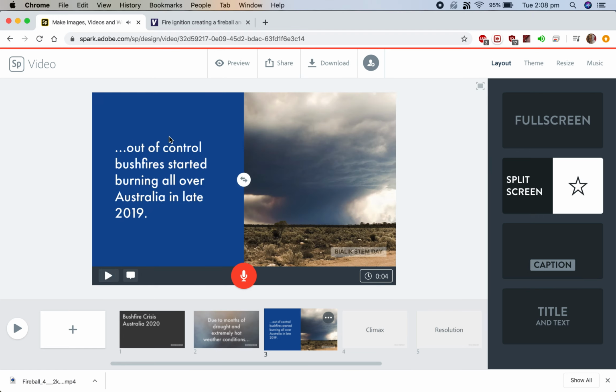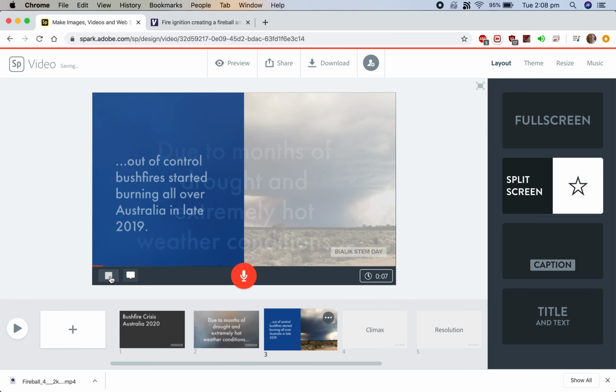So that's probably a bit quick to have a look at the picture and read all that text. So you can change the length of a slide right here. You just click on it and then that brings up the slider. This is in seconds obviously. So I'm going to drag that up to about 7 seconds. Okay, and then let's click it again. Now when I play it,